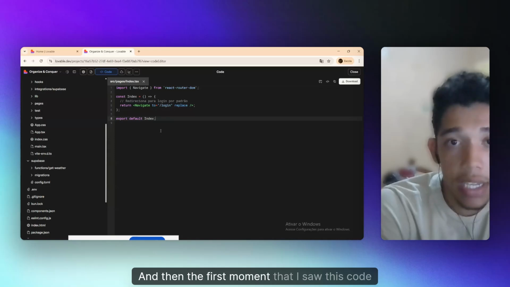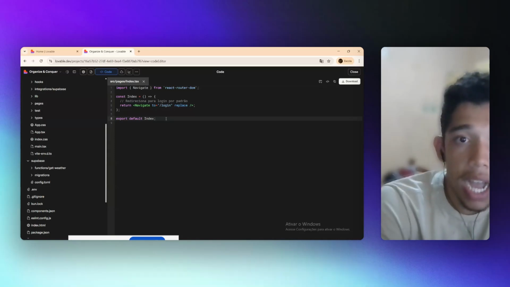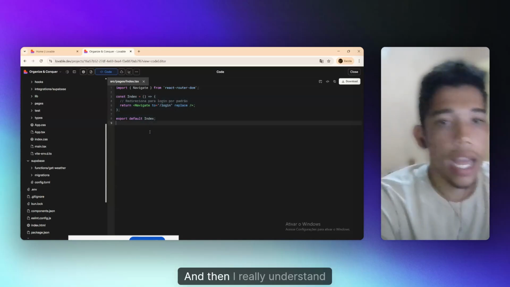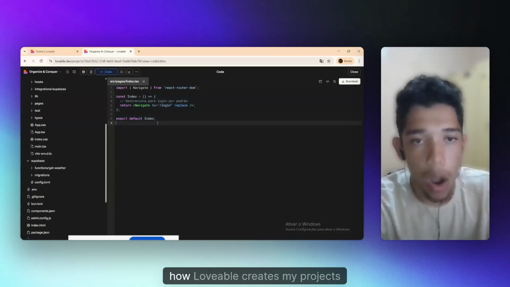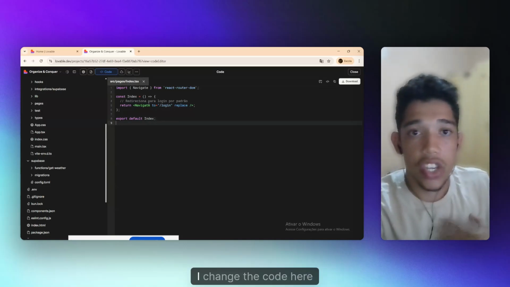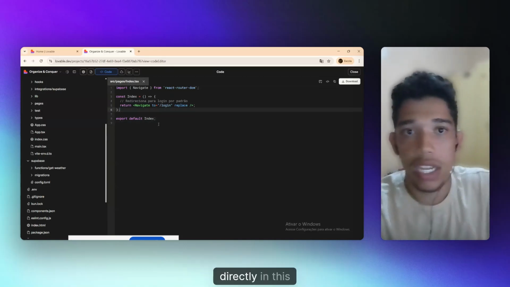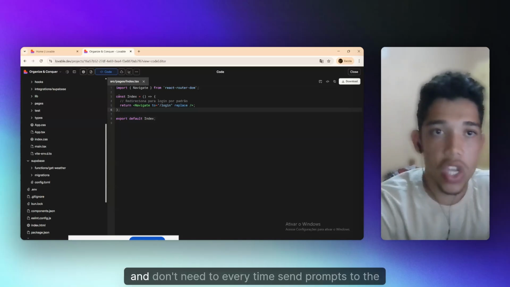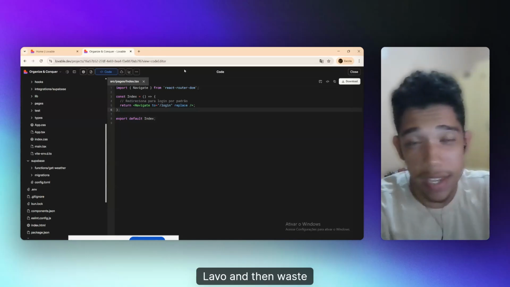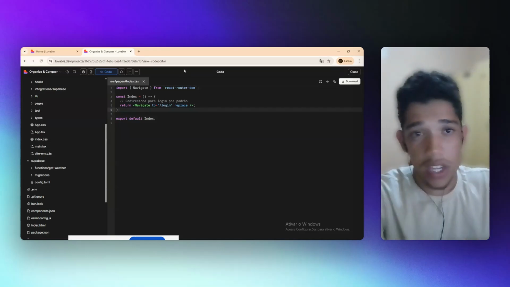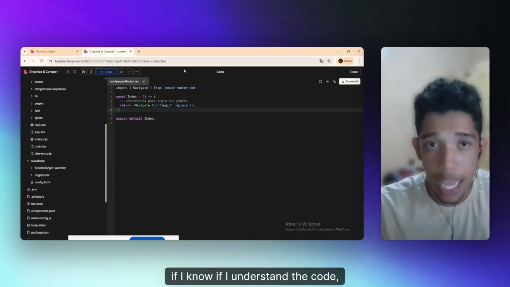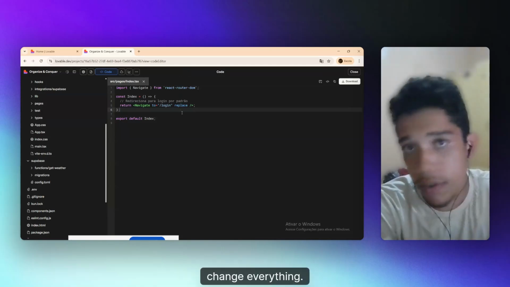And the first moment that I saw this code, I thought, okay, I need to understand what this is, and then I really understood how Lovable creates my projects, which makes it possible to change the code here directly in this page and not need to send prompts to Lovable every time and waste a lot of credits on simple things that, if I understand the code, I can come here and change everything.